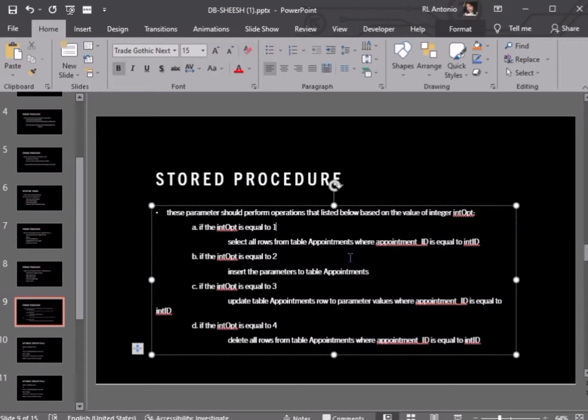If the int op is equal to 2, insert the parameters to table appointments. If the int op is equal to 3, update table appointments row to parameter values where appointment ID is equal to int ID. Then lastly, if the int op is equal to 4, delete all rows from table appointments where appointment ID is equal to int ID,